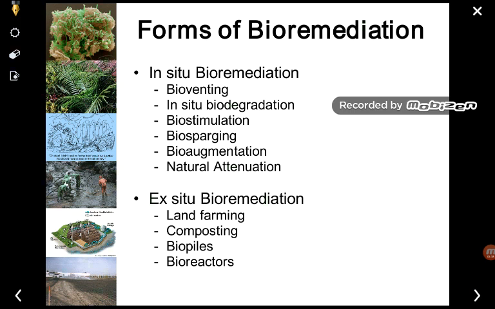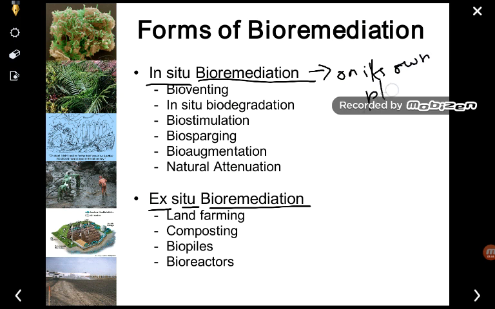Next, coming to the forms of bioremediation. Normally two types of bioremediation can be practiced. One is in situ bioremediation and another is ex situ bioremediation. From the name itself, in situ means on its own place. So this is the technique which is used on the site, and the remediation which is